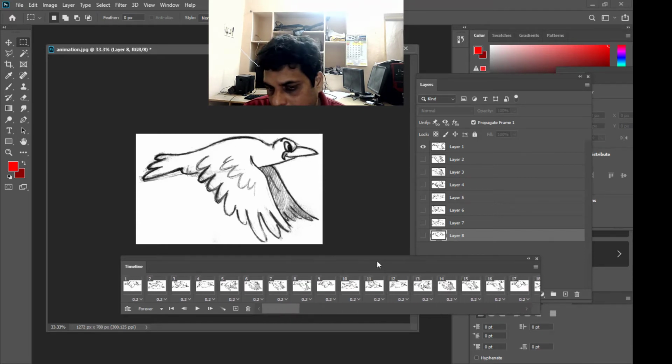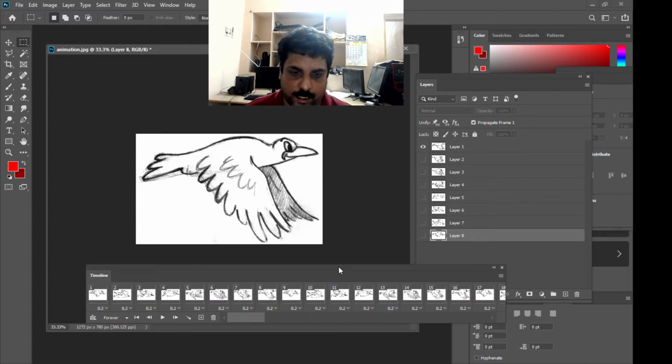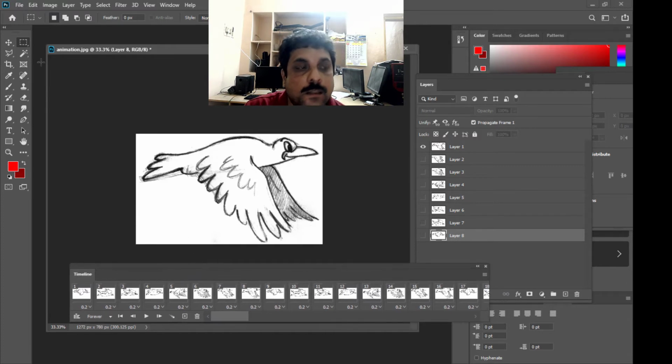So now see, we can export this image sequence as a GIF file, just like how we did with the text animation, or we can also export it as a video. So first we are going to export it as a GIF file.